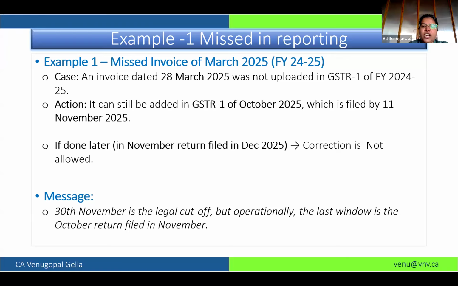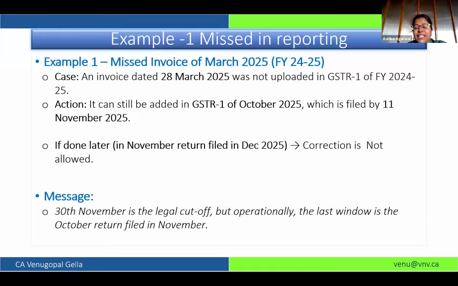While filing your GSTR-1 for October, you can include it in your GSTR-1 for October 25, disclose it accordingly, and pay the taxes for it. Obviously you have to make this declaration in this month only. No other months are left.